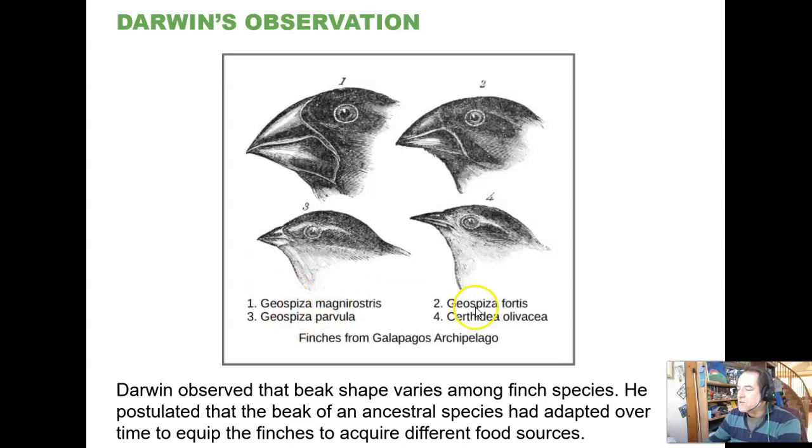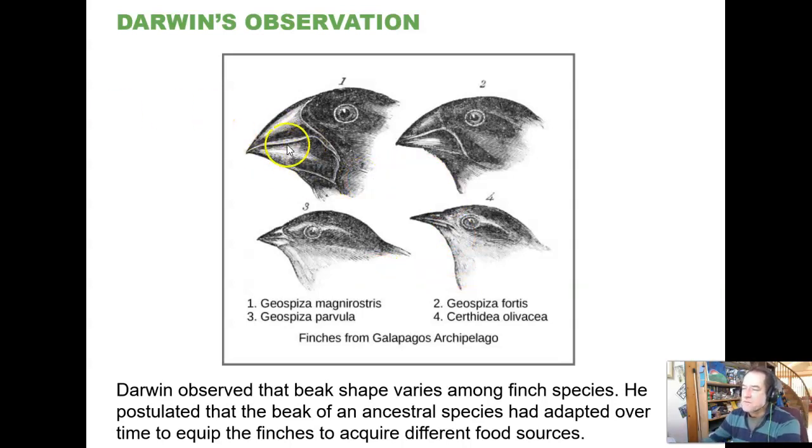And so we have all these different species, and the species are adapted to their local conditions, primarily the foods that are available. So this is a bird that eats big, tough fruit and seeds. These are seed-eating birds primarily. They'll eat some insects and they'll eat fruit and things like that too, but seeds are their sort of core food.